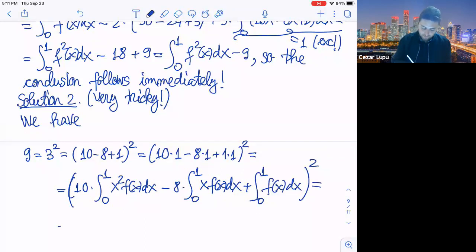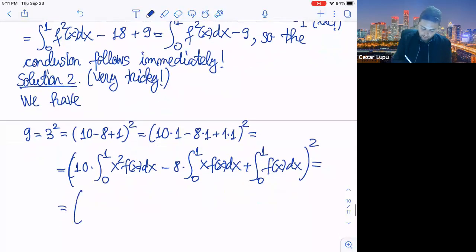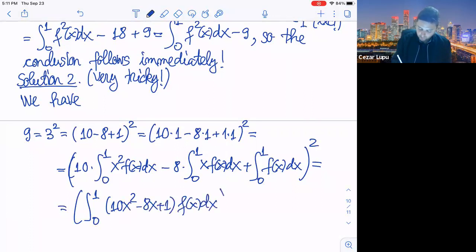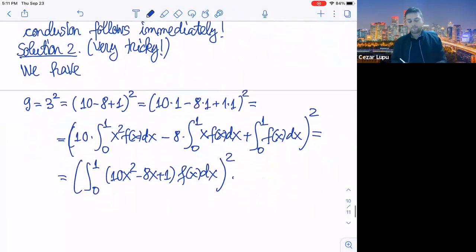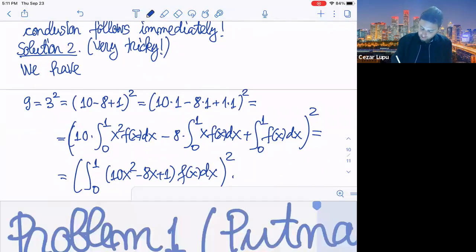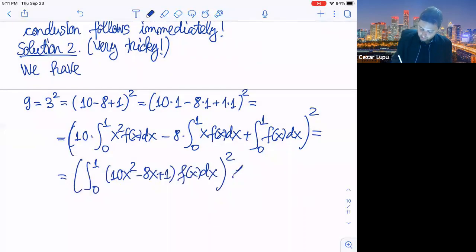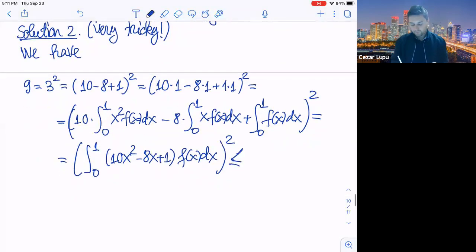And if we factor everything here, this is nothing else than just the integral of 10x squared minus 8x plus 1 times f of x dx, everything squared. Great. Now by applying the Cauchy-Schwarz inequality, this is less than or equal to